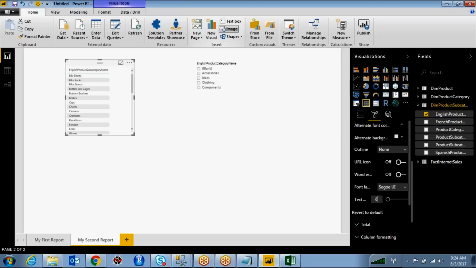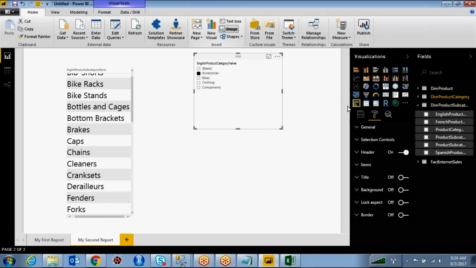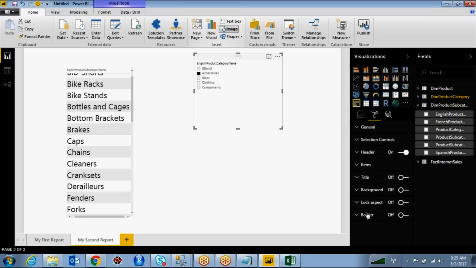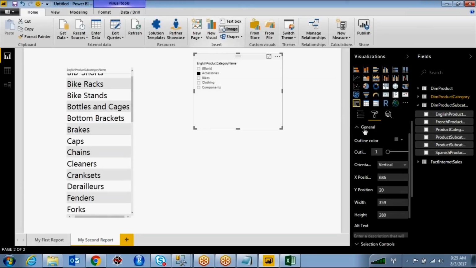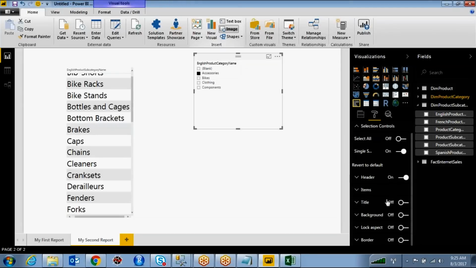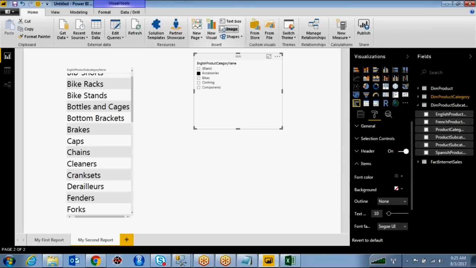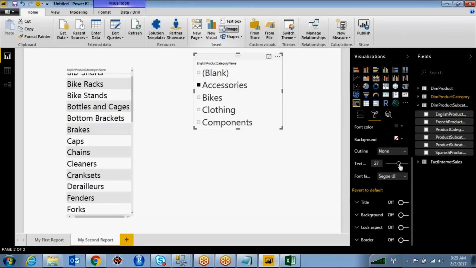This is the font. Text size is 8 here, so you can increase the text size like this. Okay, right. And for this one also you can increase the text size. So you can change the text size over here.